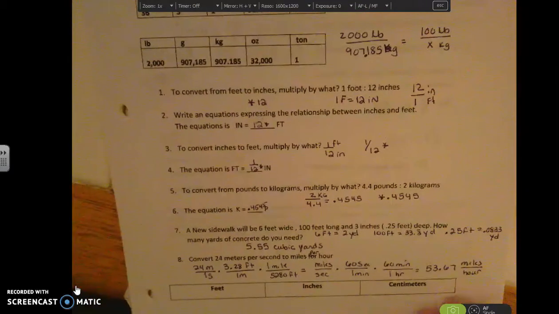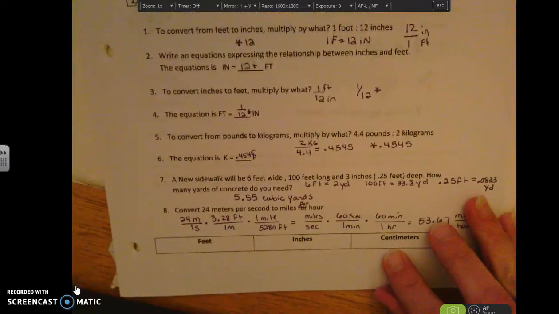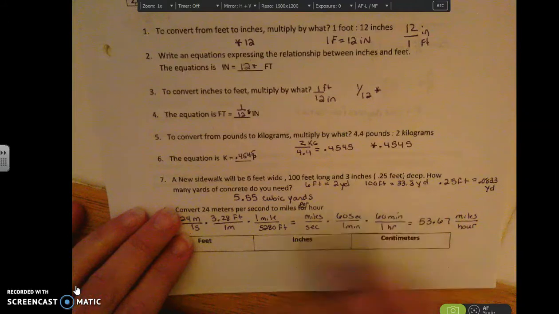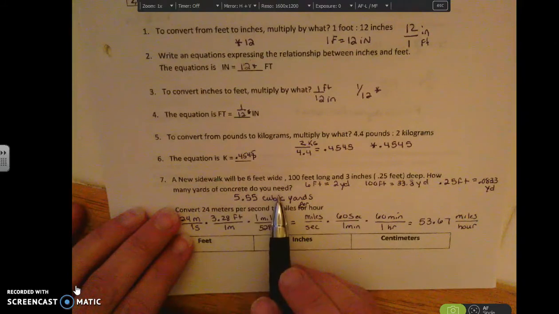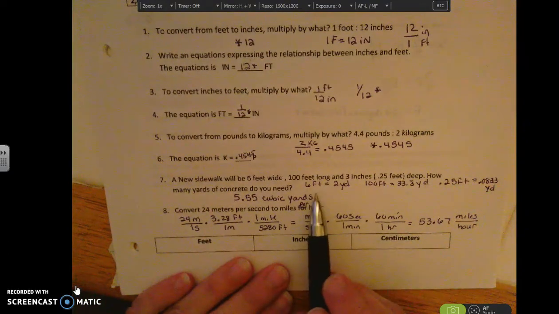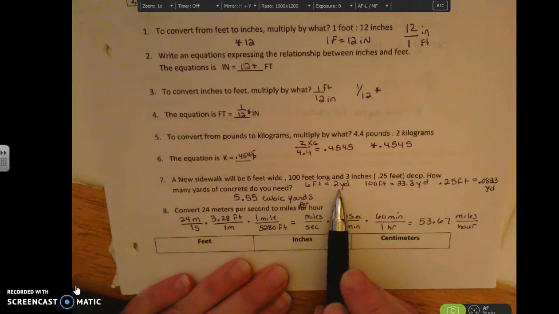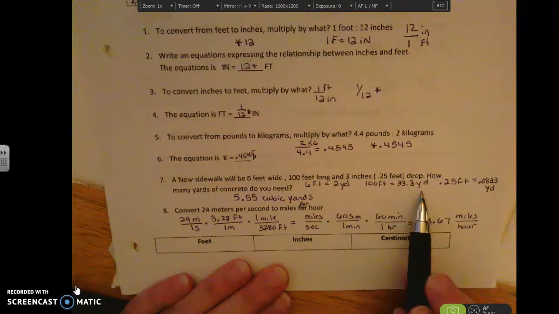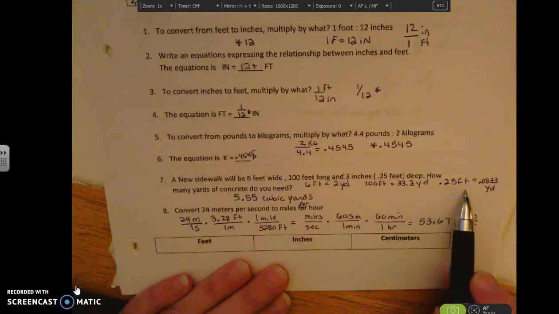So here's another one. I have a new sidewalk that's going to be 6 feet wide, 100 feet long, and 3 inches deep. So how many yards of concrete do I need? And so when we're talking about this, we're talking about cubic yards, which is volume. So the way that I did it is I converted each unit to yards. So 6 feet is equal to 2 yards. 100 feet is equal to 33.3 yards, and 0.25 feet is equal to